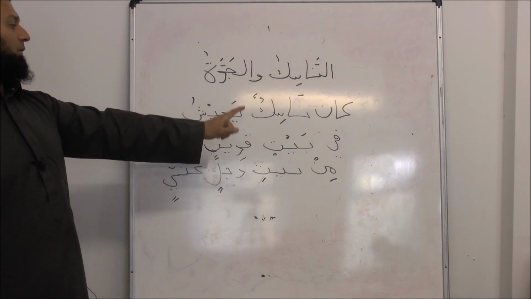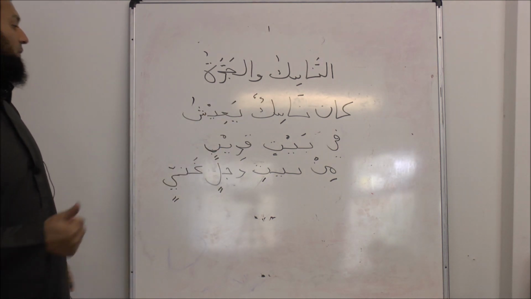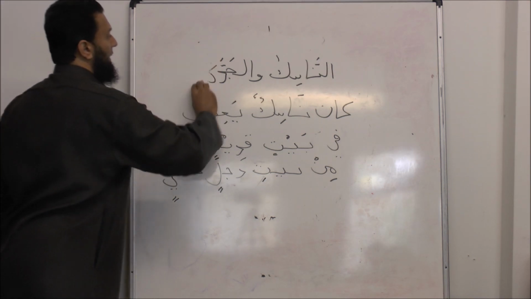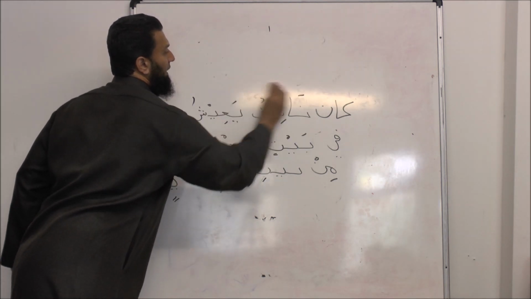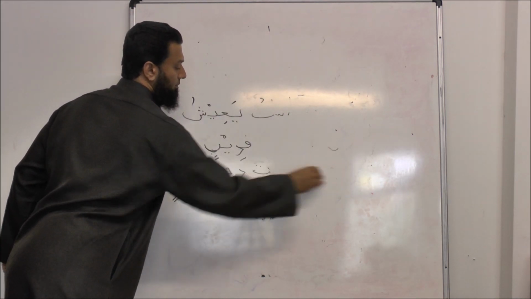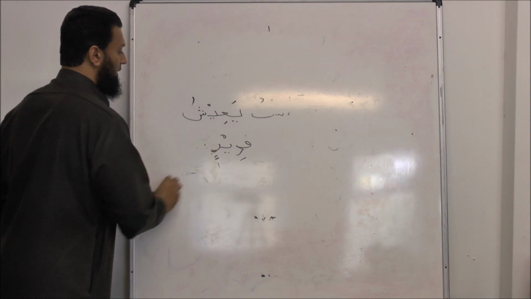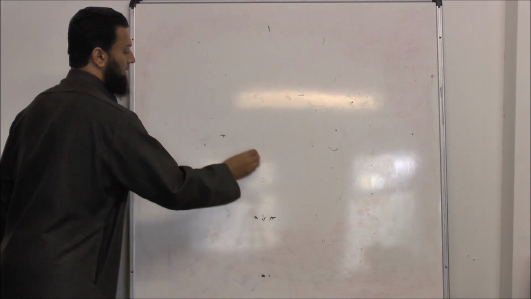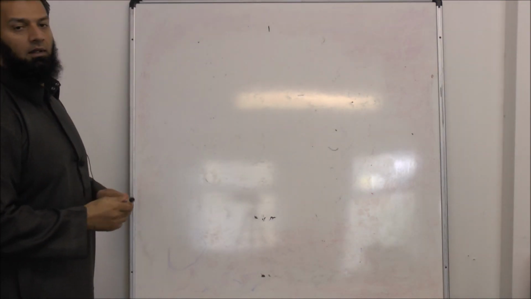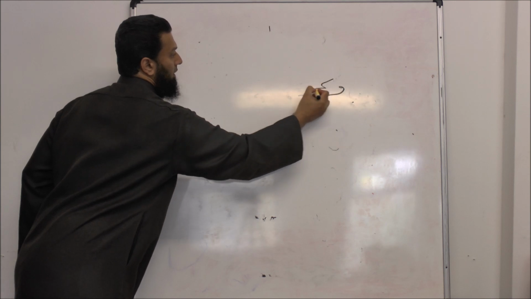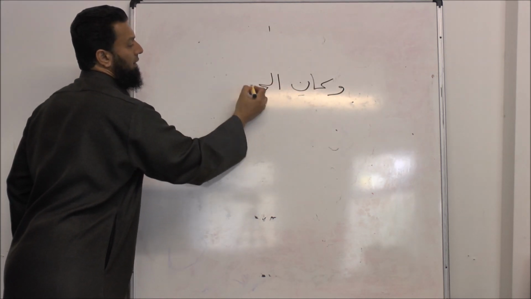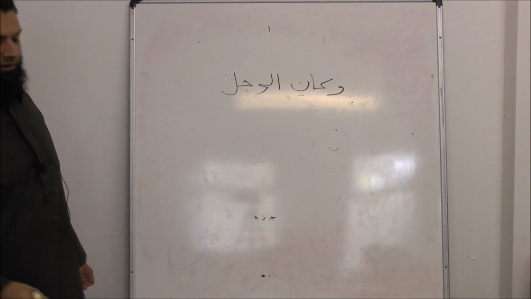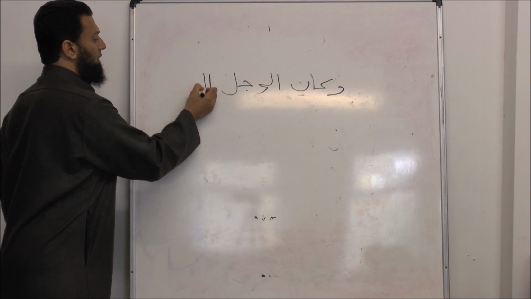And Nasik used to live in a house close to a rich man. Right. Okay, so that's the first part. The next part is: وَكَانَ الرَّجُلُ الغني